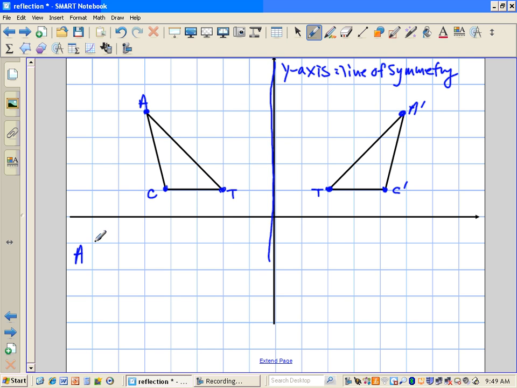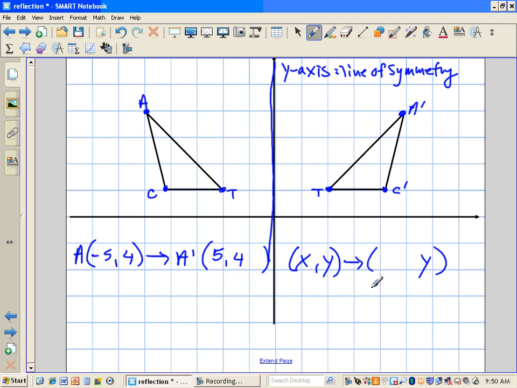So if we do point A, it's at negative 5 for x, and 4 for y, and A prime is now at positive 5, 4. So what happens is if we start to write a generic rule, x, y, okay,